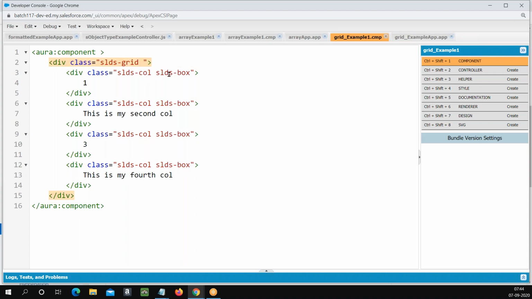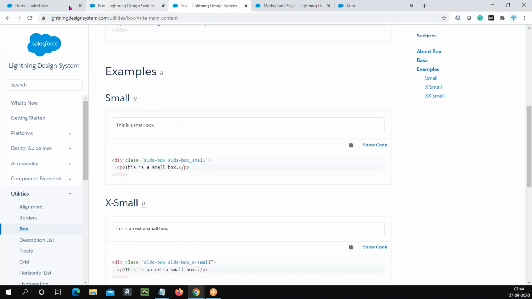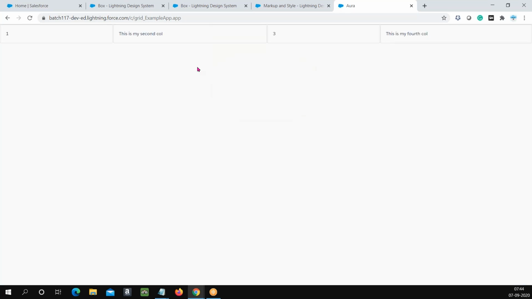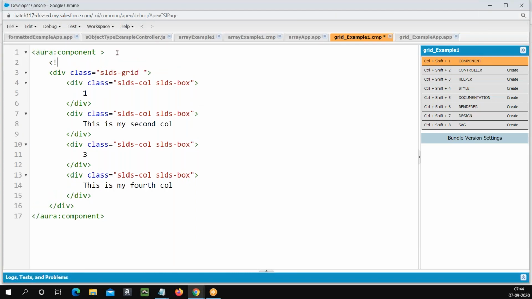The gutter will bring some space between the grid, I believe. Yeah, one minute. Without gutter itself, do you think any difference? No. So by default,